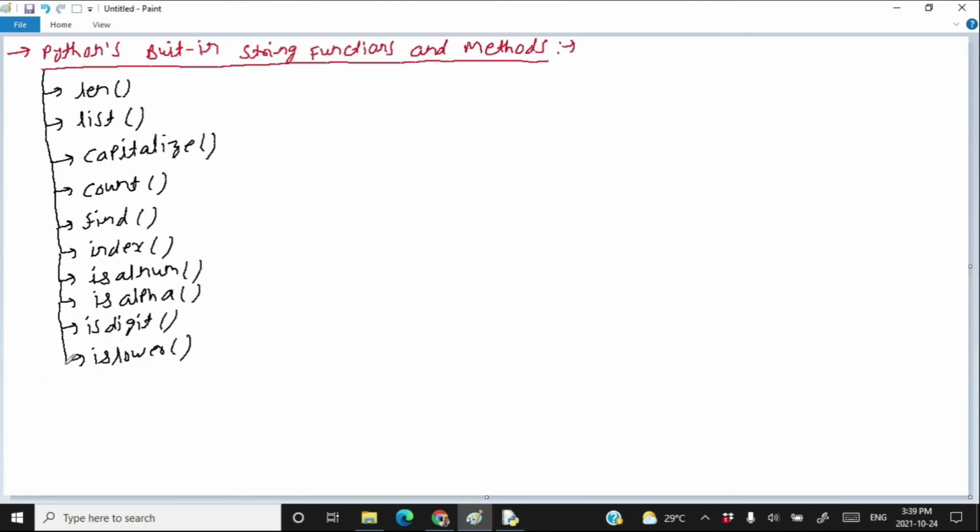After islower, you have another method that is called isspace. Sometimes a string may consist of only space characters. If you call the isspace method using such a string, then the method will return true. Let's try it.